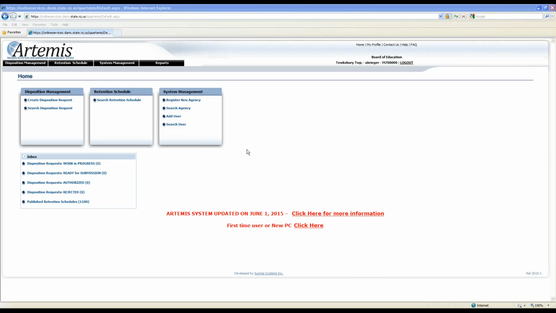So if records have been destroyed already, I would contact the state and maybe have a discussion with them on that. But yes, it does bring up legal ramifications if your organization has been destroying records without permission, especially if somebody comes in with an open request and you can't prove to them that you had permission. They can really push the envelope and seek legal counsel on that.